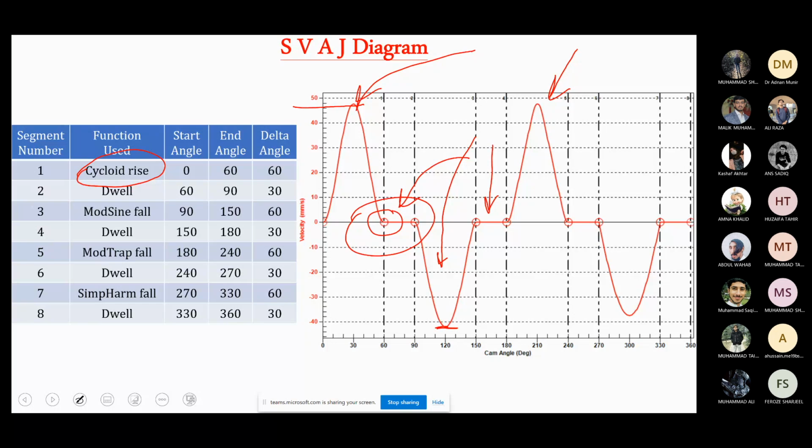Not a good profile. Pardon? Not a good profile. Why? इसमें बहुत extreme changes हैं acceleration के that can exert considerable stress on the material of cam and the follower. Yes. So one of the things here is that the velocities, you can see the velocity is going